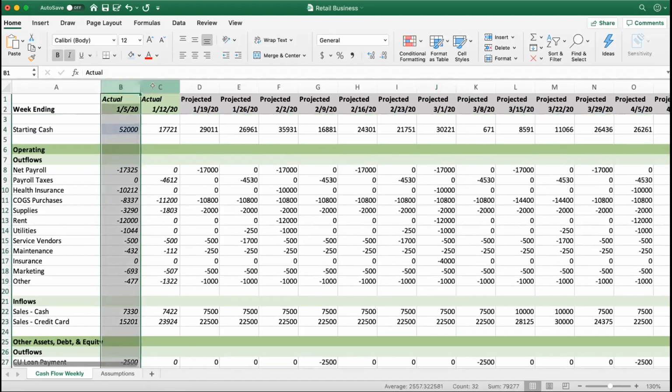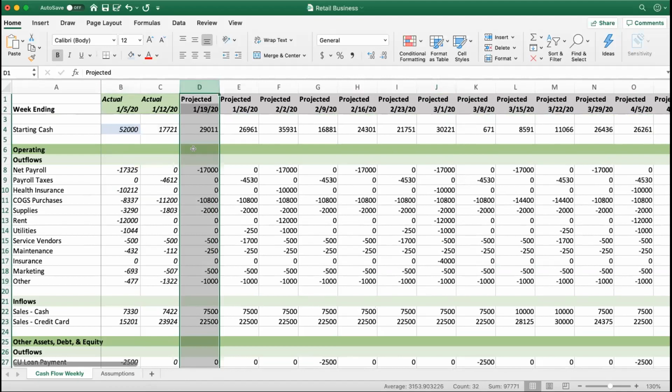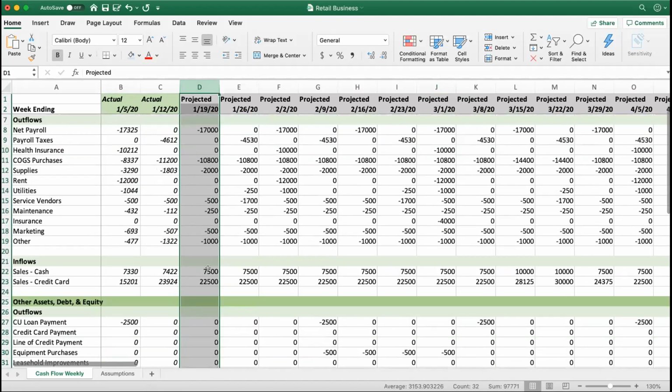But either way, every single week you should be doing your actuals, and every single week you should be looking at what's different, looking at what you planned and what happened. So down here, for instance, the model I built expects $7,500 weekly in cash sales. Around spring break, there's a jump up, that kind of thing. Well, this is what actually happened. We're a little bit lower than expected, and we're a lot lower than expected on credit card sales.